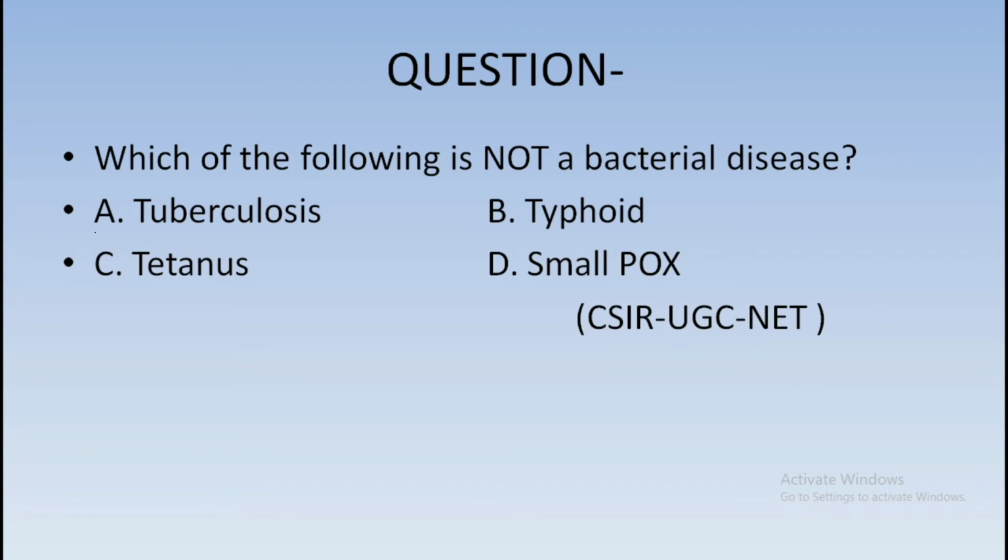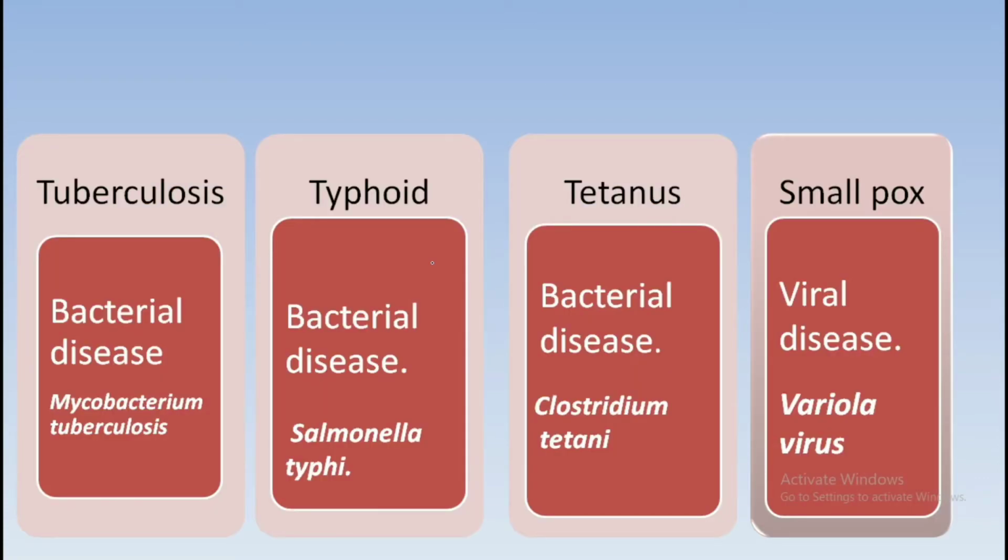So this question is asking which of the following is not a bacterial disease? And the options are tuberculosis, typhoid, tetanus and smallpox. So first of all, let us have a brief introduction about all the four diseases and then we would reach the final answer. So talking about tuberculosis, it is a bacterial disease and the causative agent of tuberculosis is